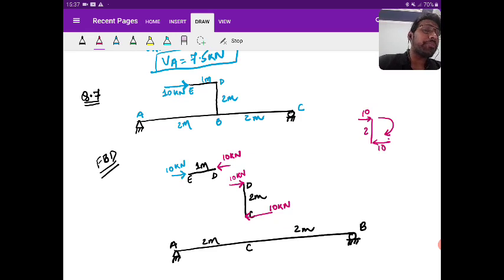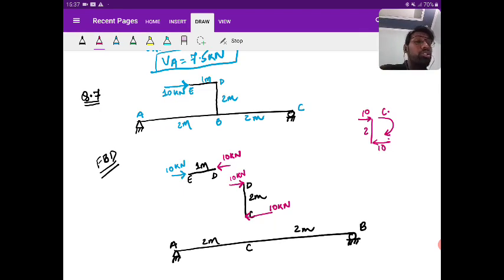In which direction? Clockwise? Yes or no? So you need to balance this by the anti-clockwise moment or couple. Okay. So if you apply a couple, then you need to apply the forces of the couple at C and D. And again D gets unbalanced. And if D gets unbalanced, then if you balance the joint D, then ED will get unbalanced, which will again make the structure unstable. Yes or no?